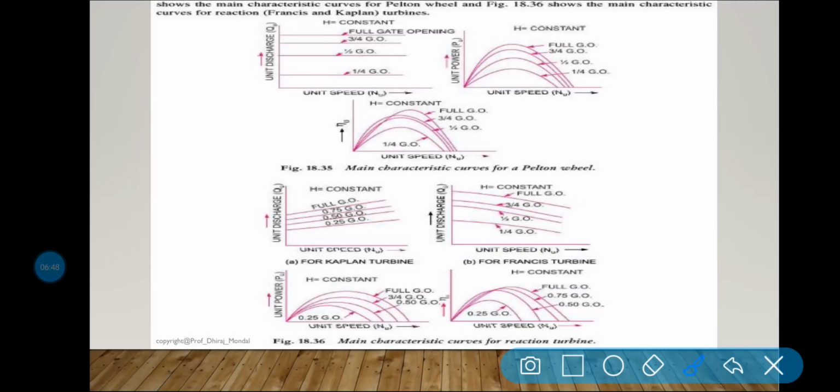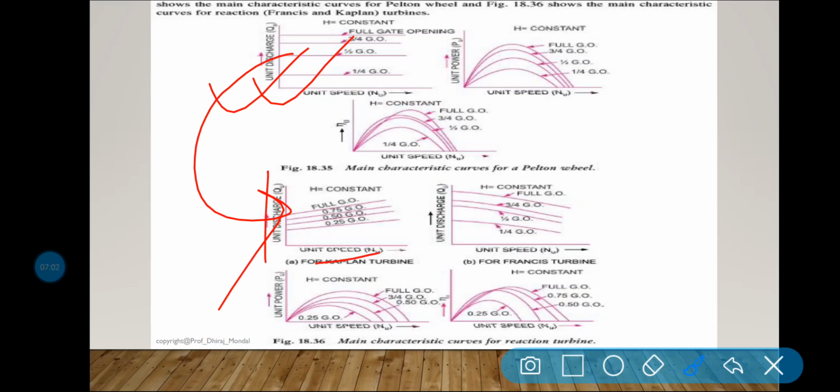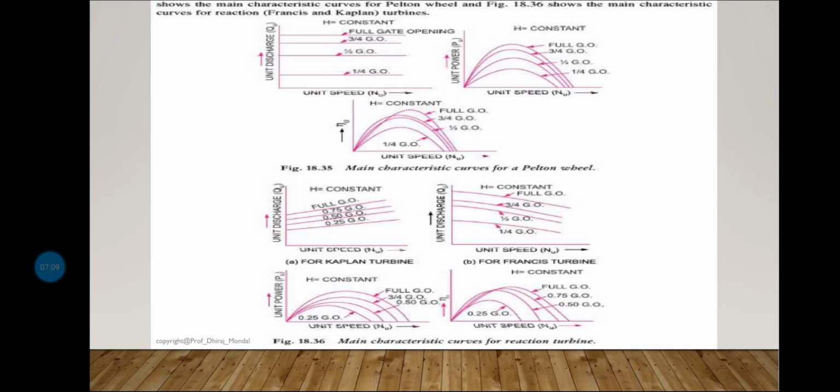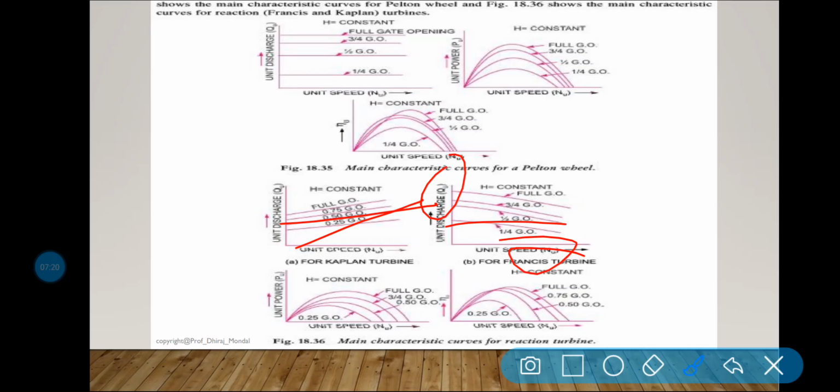Remember, it is only applicable for the impulse turbine, but when you are finding out in case of reaction turbine, then you can see how the plot is changing. Okay, so this is for same unit speed and discharge, this is for 1/4 gate opening and 0.5 gate opening. So as the gate opening increases, you can see what happened, the speed also increases and discharge also increases. And if I am taking again unit speed versus unit discharge, so this is your curve, you can see.